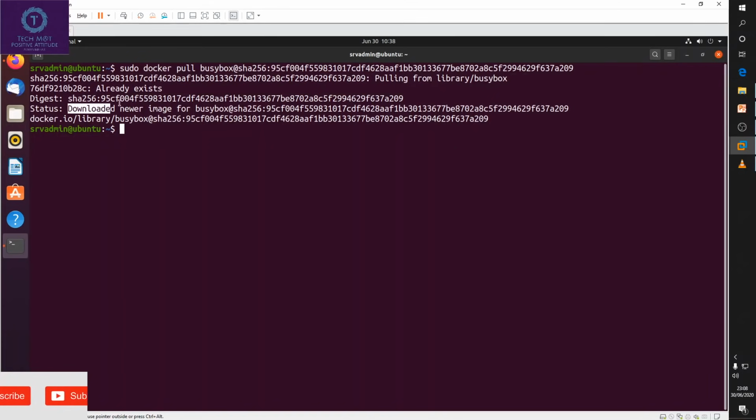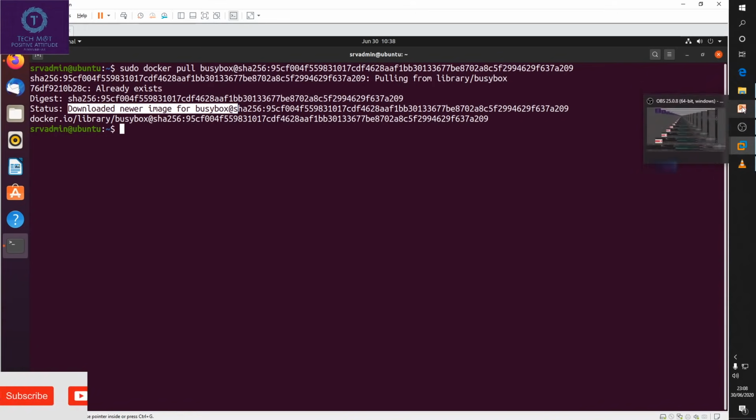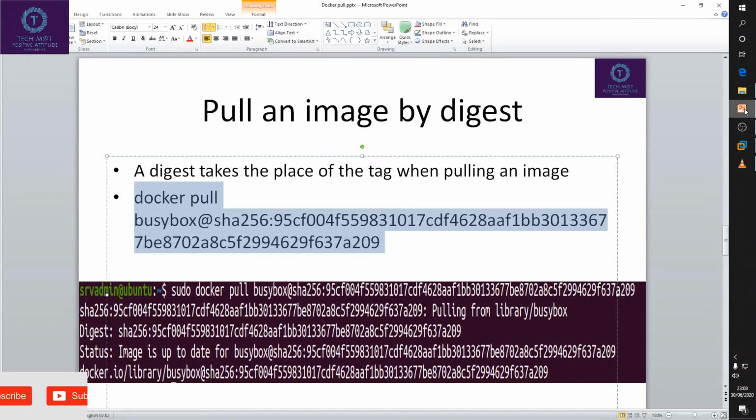It will also check if any newer image is there for this digest. If yes, it will update it. Let's move to the next command.